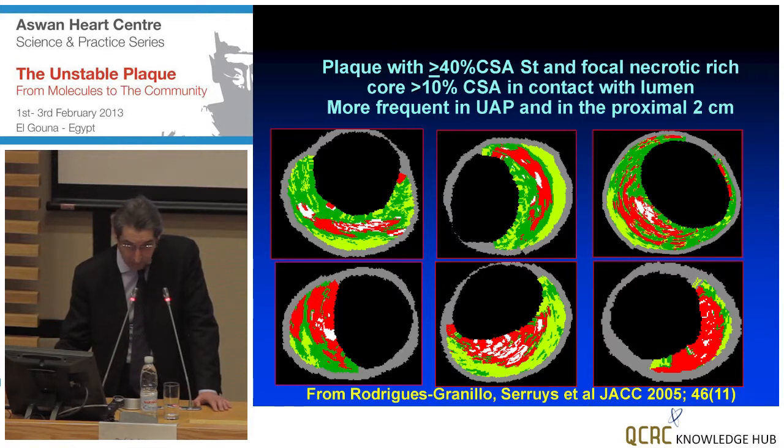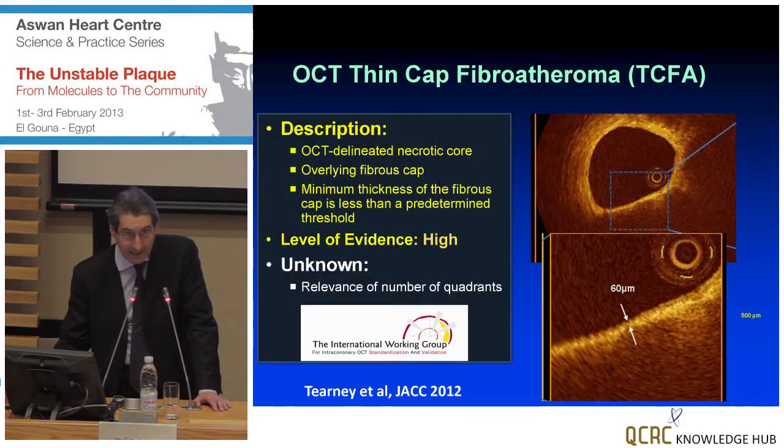You understand that's a very poor definition. So maybe it's the time, if you want to achieve this goal, to move to a different technique, optical coherence tomography. This is the consensus of a group of more than 250 investigators, scientists, and cardiologists who define what is possible with OCT, and as you can see, they gave a high level of evidence to the ability of optical coherence tomography, thanks to this high resolution, to identify the thickness of the cap and the presence of this large